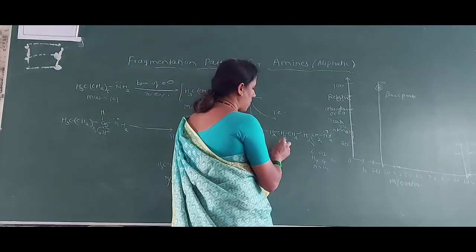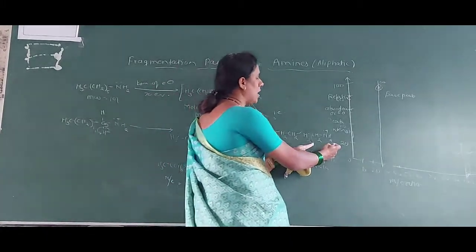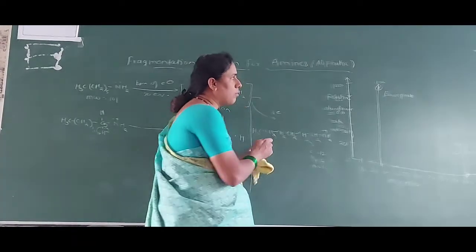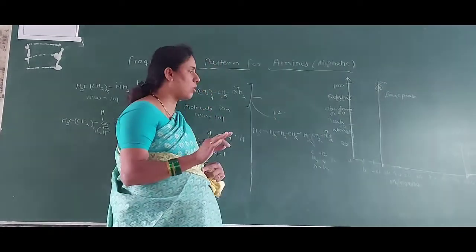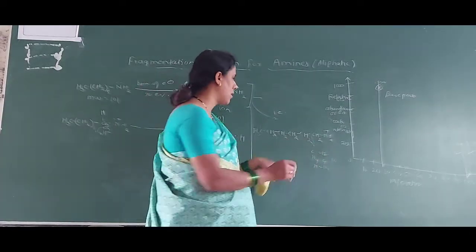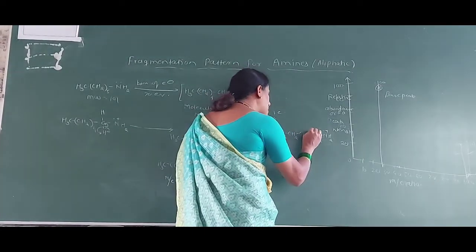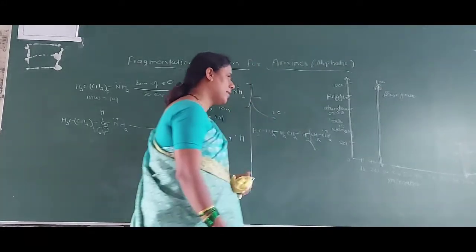Not to this point, because I am not considering this part. We have to consider only the fragment part. I was considering the radical part, which is wrong, because we can't consider a radical part in mass spectroscopy. We are interested in a fragment that is a cation. When you fragment the molecule from this position, you get the mass peak at this position.